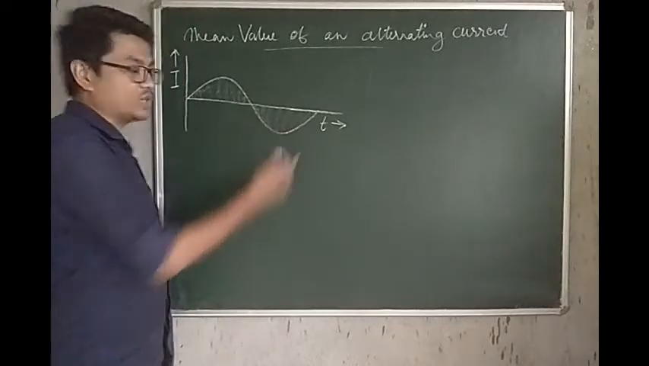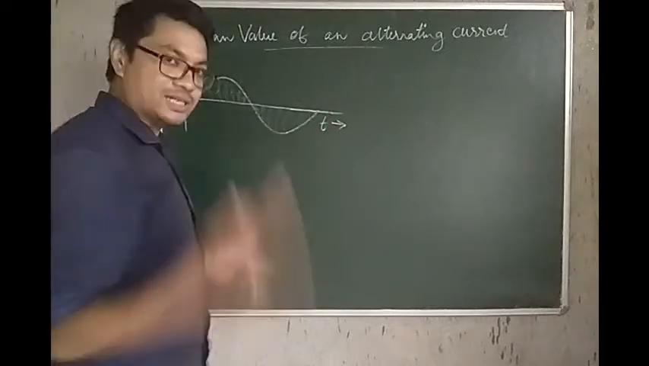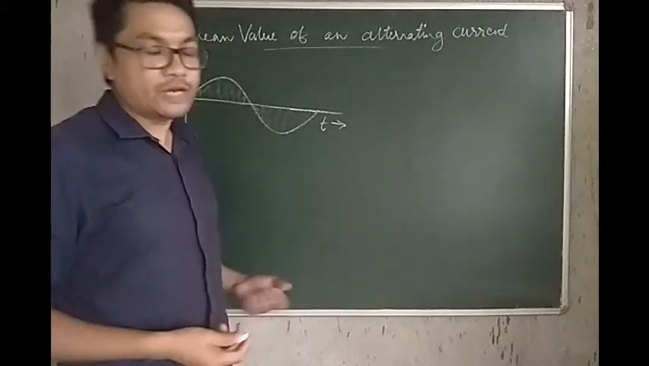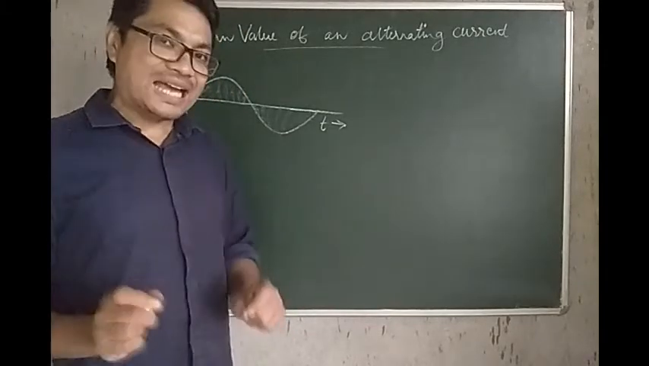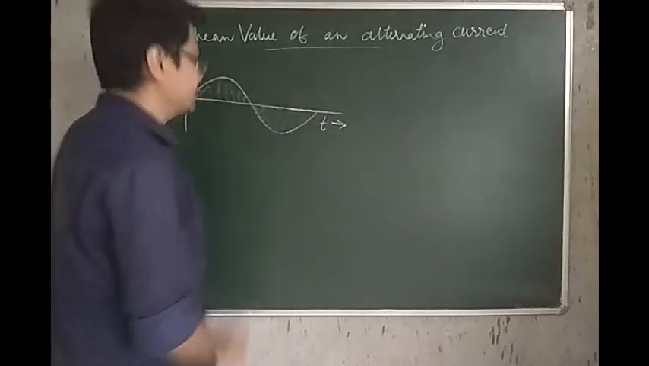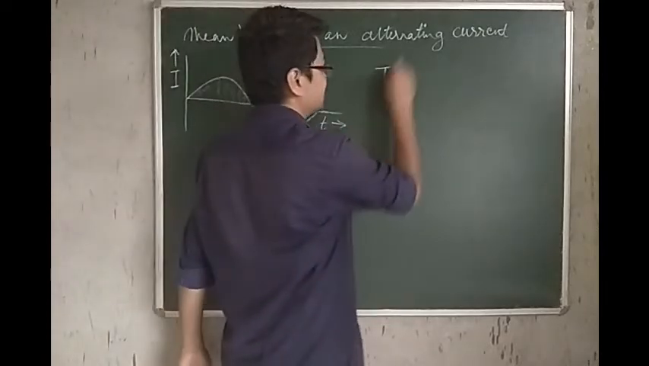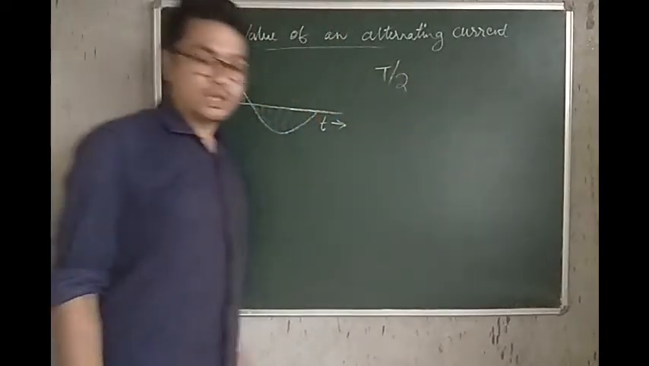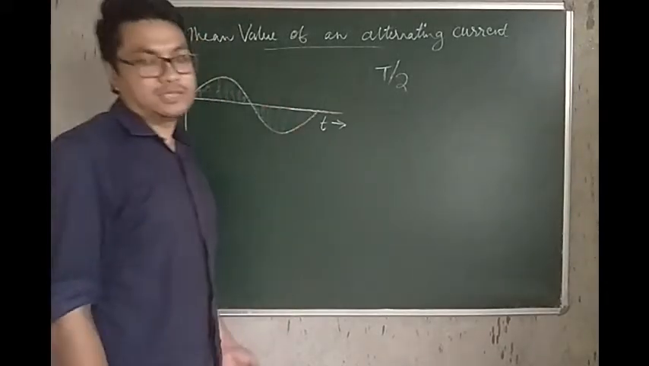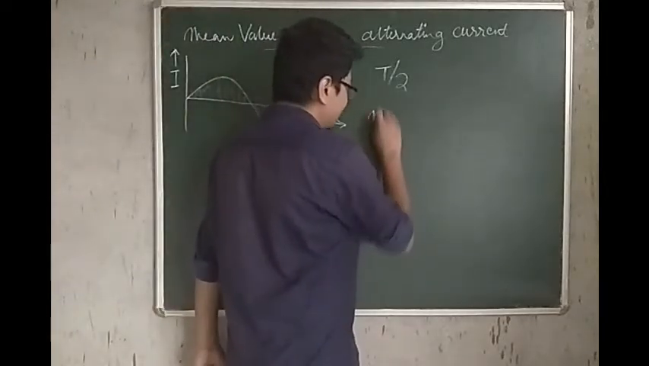One is positive, the other negative, so they cancel each other out. Therefore the average of the alternating current for one complete cycle is 0. So what we do is calculate the mean or average of the alternating current for half a cycle, that is, for time T upon 2. So, the mean value of the alternating current